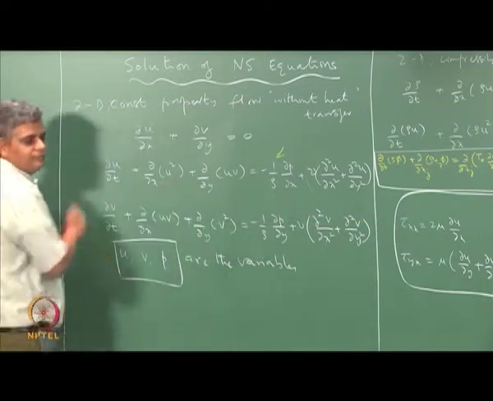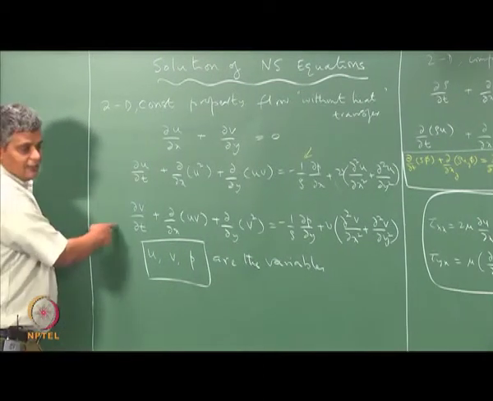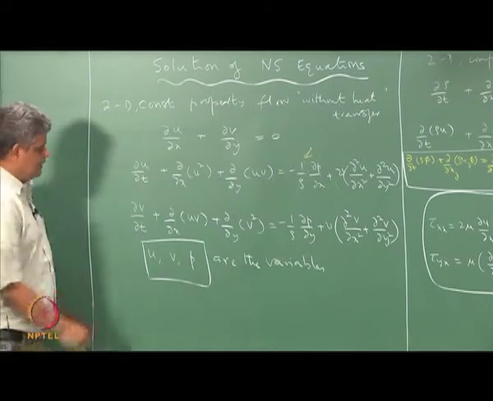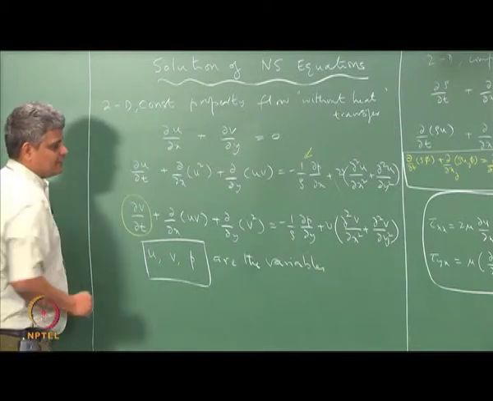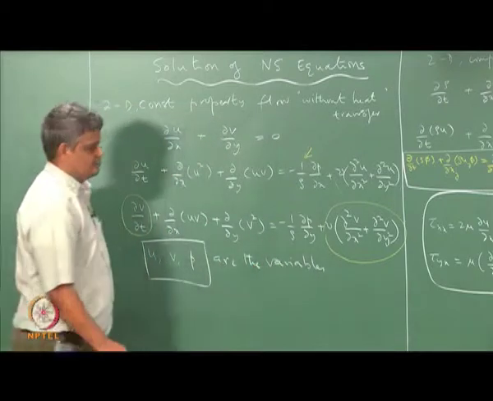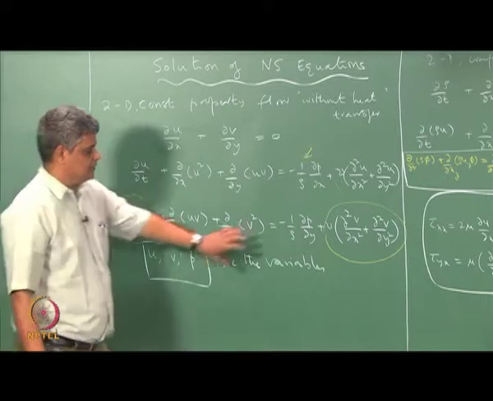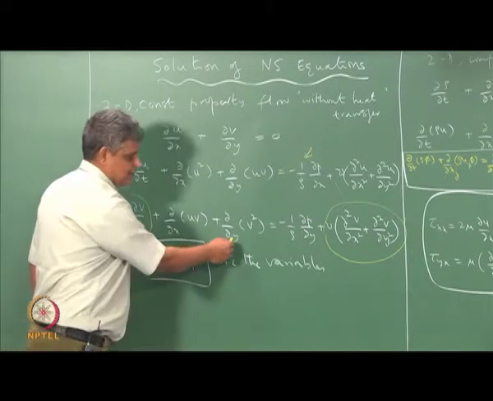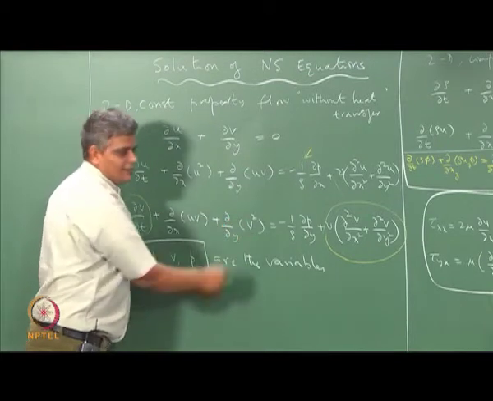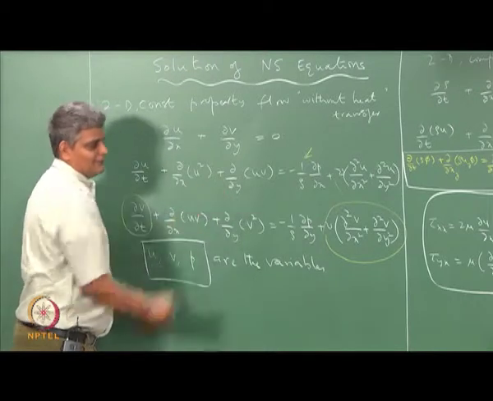Similarly, when you come to the y momentum equation, this is like the model equation with phi equal to v. So, this term is like the model equation, and again this term is like the model equation, but again here we do not know p. So, the source term is not known, and when you come to this, the coefficient here, there it is given and here it is not known, and the coefficient here is not known, whereas there it is known.